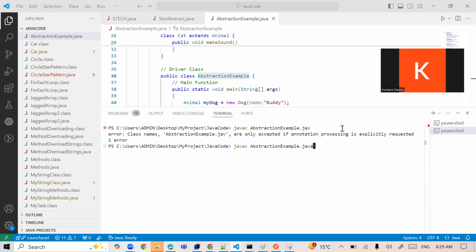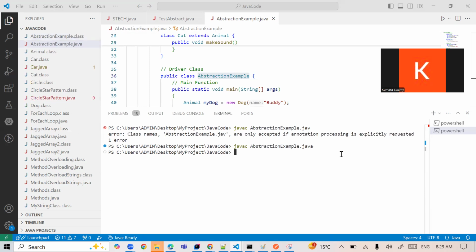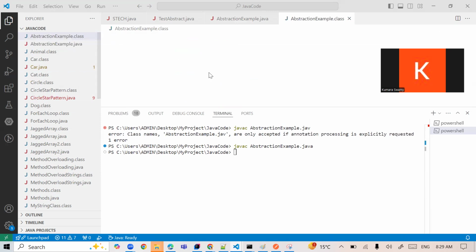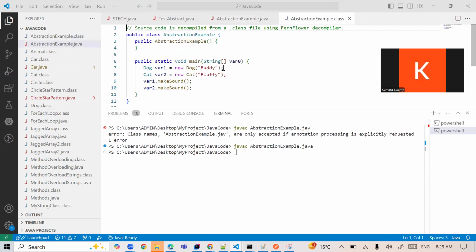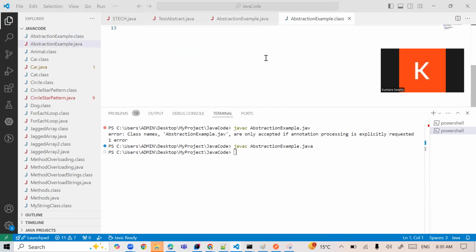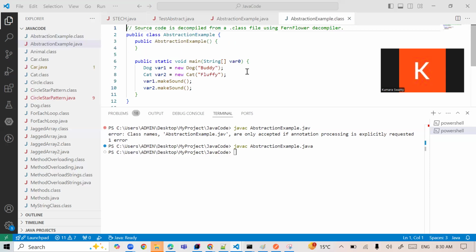Yeah, compilation is complete. So javac .java, and the .class file is generated for our abstraction example. Whenever we are compiling, the .class file will be generated. You can see AbstractionExample.class; previously it was not there. I have saved it as the example .java file. Whenever we are compiling, the .class file will be generated. If you want to see it, yeah, it is showing